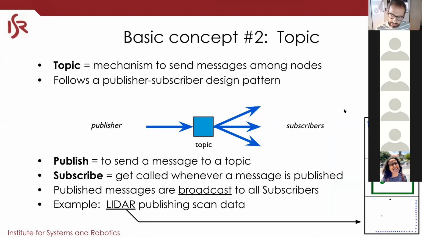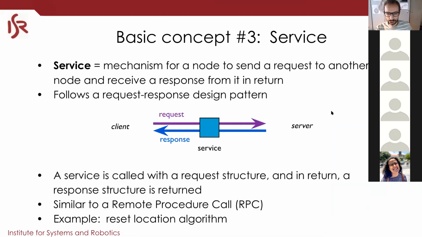I have a slide later on that will give you a very detailed picture of what's happening under the hood. But in the topic, data flows directly between nodes. For the services, that's a good question. I'm not totally sure, but I think it's also direct between them. João, do you know this by heart? Whether services is also peer-to-peer? I'm also not really sure about it.